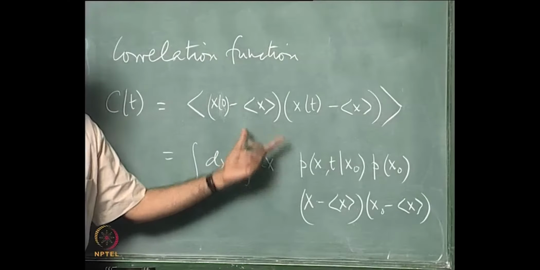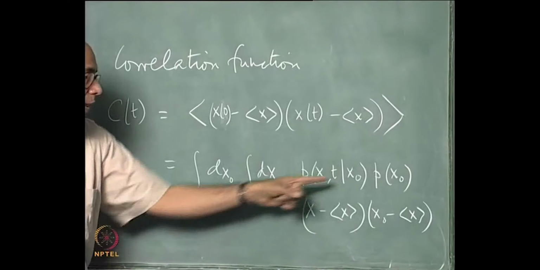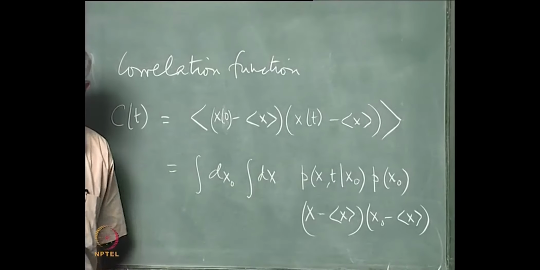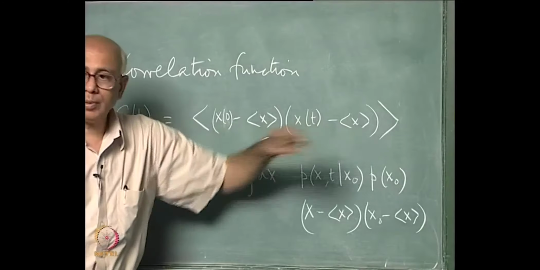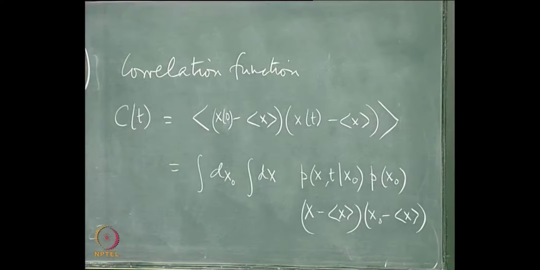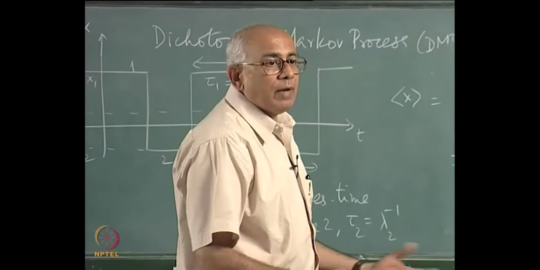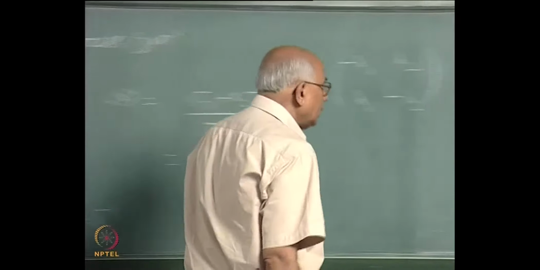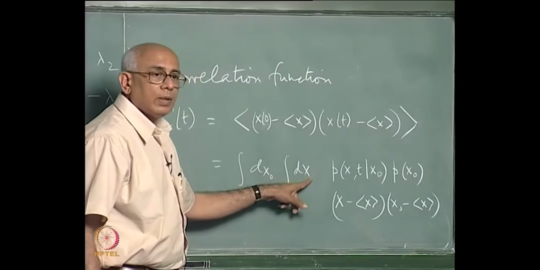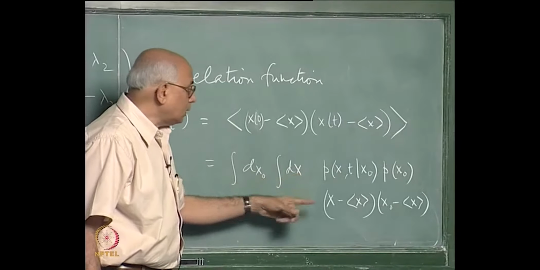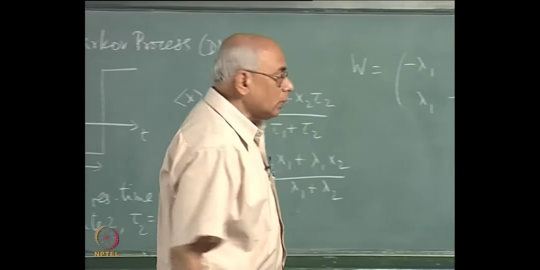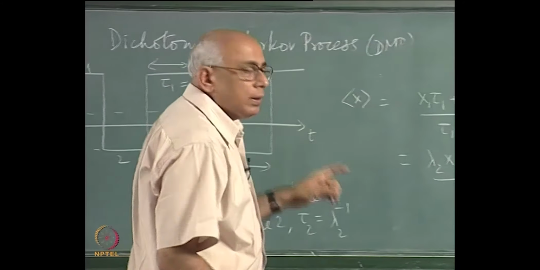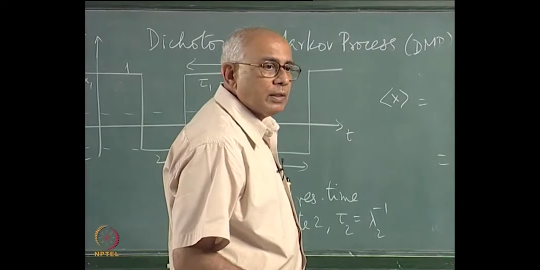That is the quantity which I want to average over, and this is what I average over, this probability distribution. This is the conditional probability density and that is the probability density, the stationary density of the process. Now of course I have discrete values 1 and 2, so each of these is summed over x1 and x2, and instead of these densities I write down the probabilities themselves. So it is a straightforward calculation, you can complete this fairly straightforwardly.